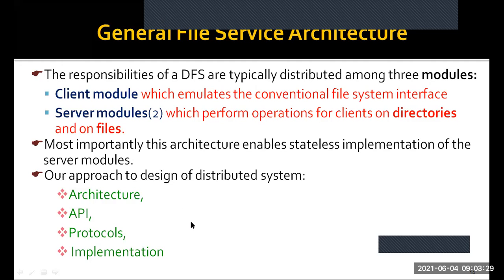So the design approach should include architecture, API, protocols, and the implementation.